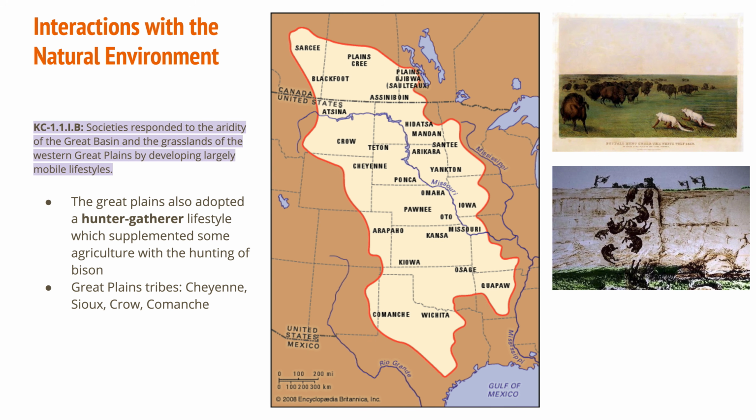And then the next part of this key concept is the Great Plains. So the Great Plains go as far north as southern Canada and as far south as Texas. And in the Great Plains, they had a hunter-gatherer lifestyle. Again, some of the land was not conducive to agriculture, but there are other resources that Native Americans were able to use. And in the northern plains, you have bison. And so even before they had horses, even before they had guns with gunpowder, Native Americans were still able to hunt bison.